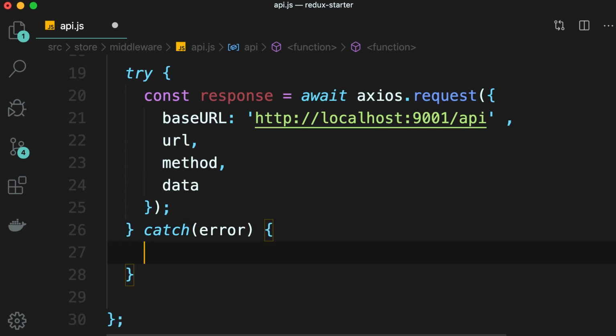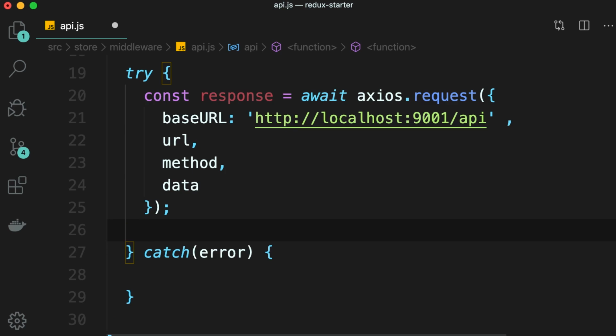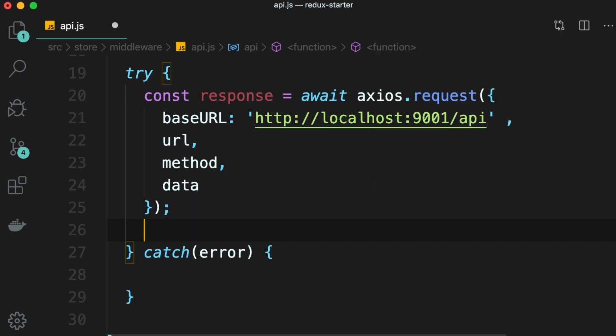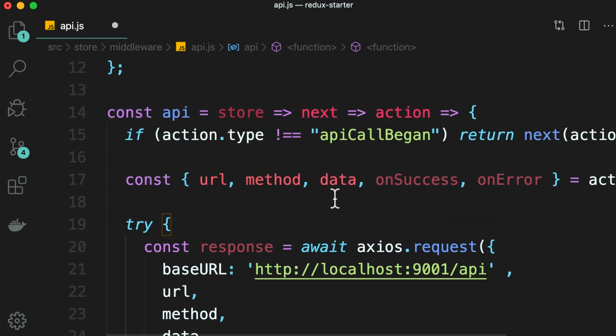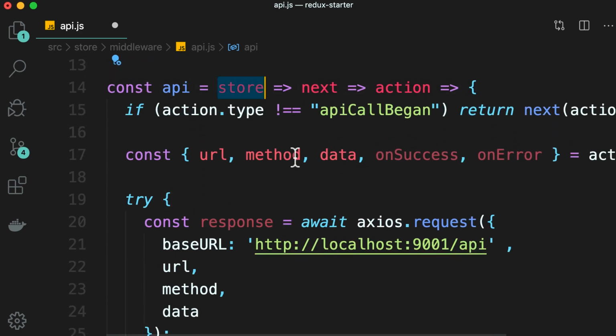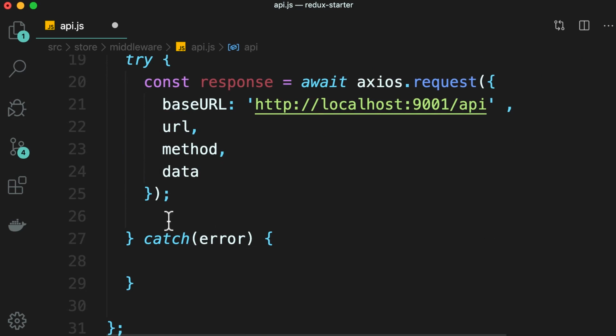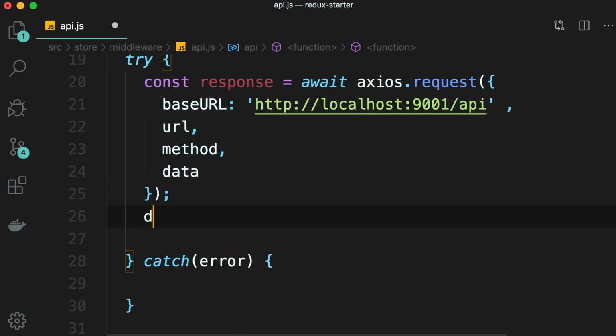Now this is the point where we need to dispatch two different types of actions. If everything works successfully, we're going to dispatch the success action. So if we type dispatch, look, it's not available here because we need to pick it from this store object. So here I'm going to use object destructuring to pick the dispatch function. Now, if everything works well, we're going to dispatch